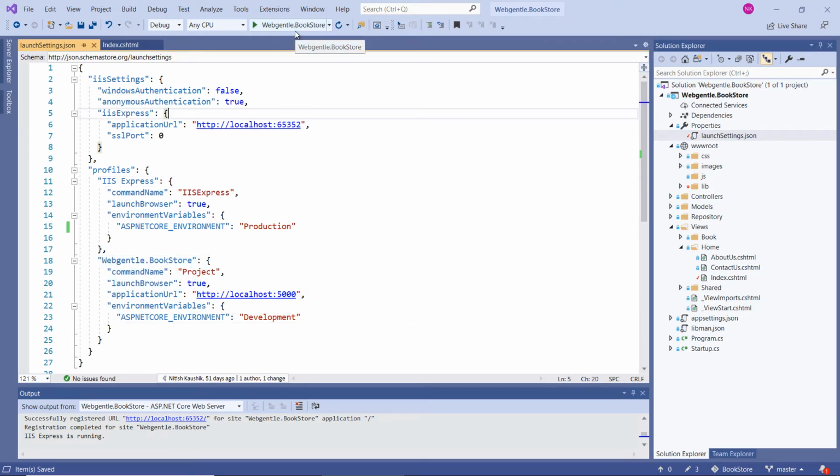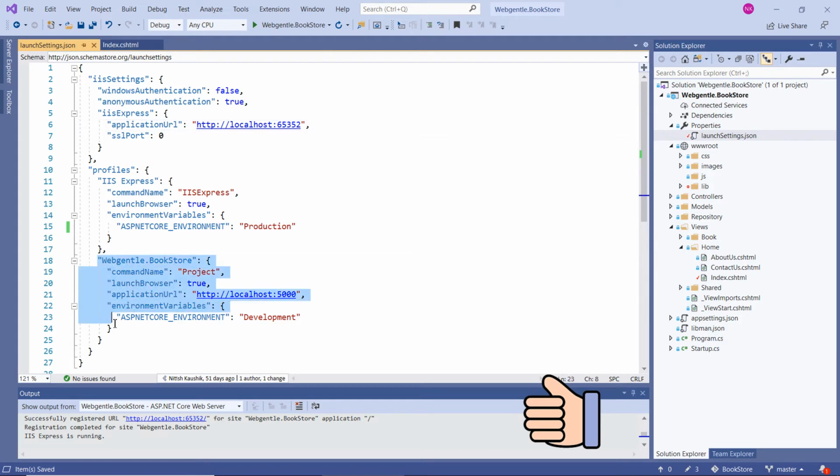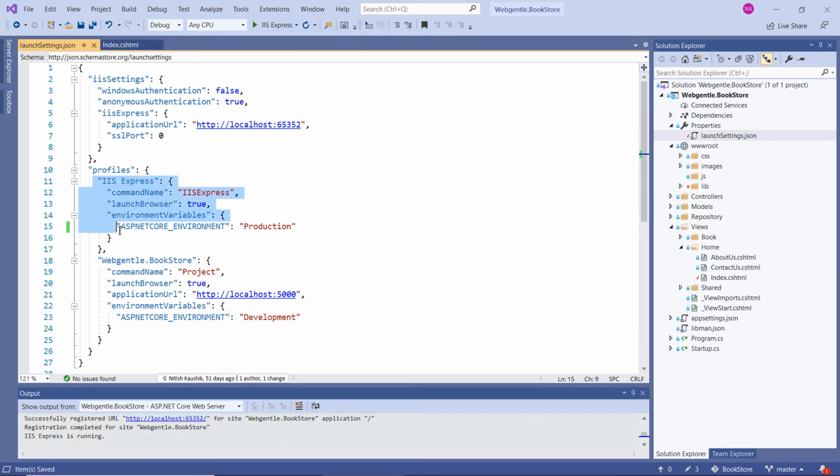So as you can see, this second profile is selected now. And now if you run this application, then all the settings that you have defined in the second profile will come into the picture. But since we are running the application on IIS Express, these are the settings which are required. Okay, so let's press Ctrl F5 now.